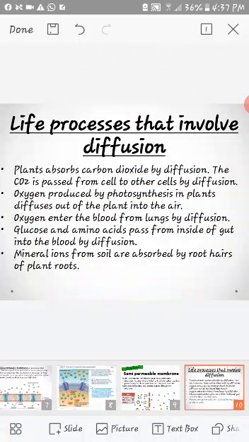Okay, oxygen from our lungs, when we breathe, the oxygen gets into our lungs and it gets diffused into the blood. So it also gets diffused into the blood by the process of diffusion. Okay, glucose and amino acids in our intestine, when we eat the food and the food is digested, the glucose and amino acids from our food will get diffused into the blood by the process of diffusion as well. So there are so many processes that take place in our life that require this process of diffusion, okay, and diffusion is always facilitated by the cell membrane.